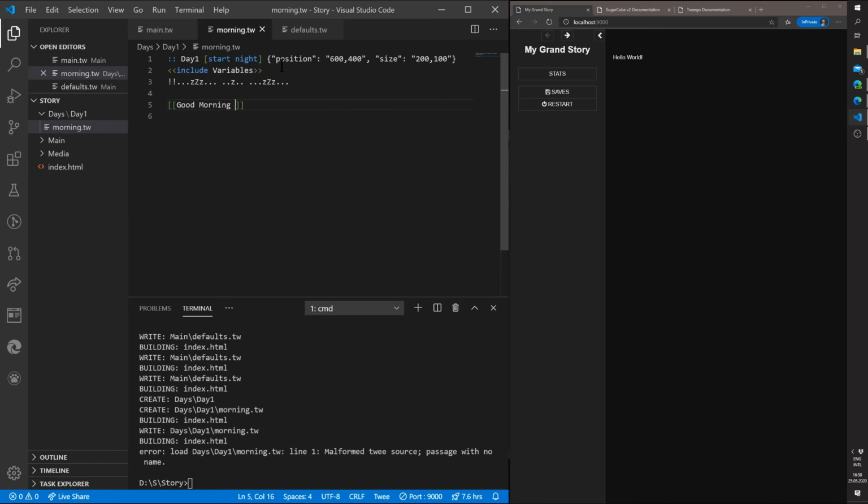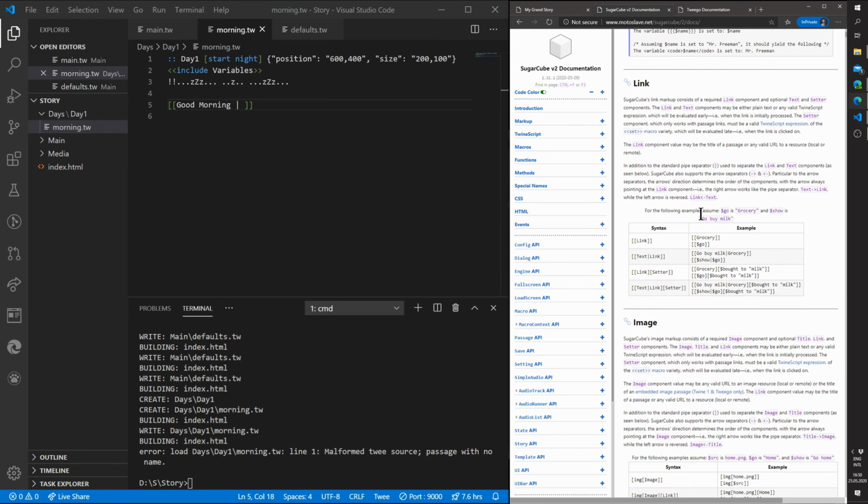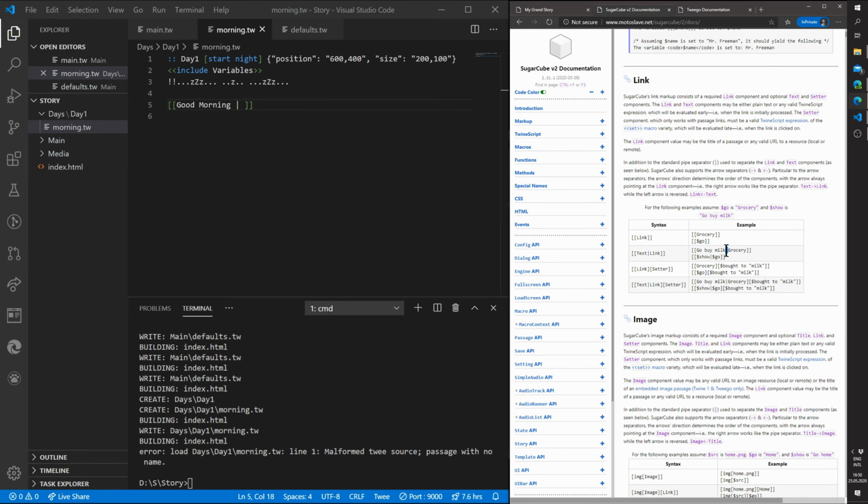This is the message. If you remember from the link side, you can use the standing one, and after that you put the name. I will name them accordingly: Day 1, morning 1,